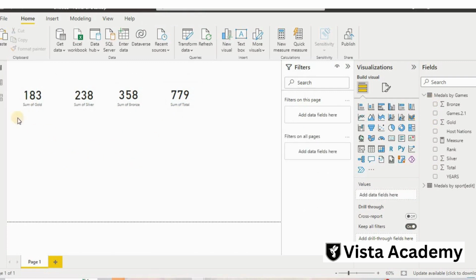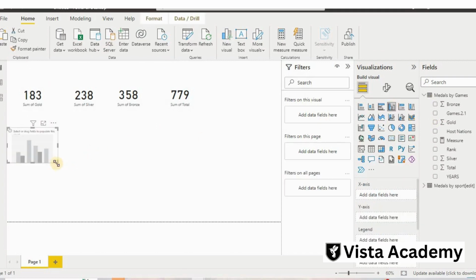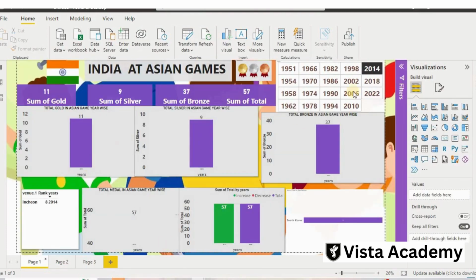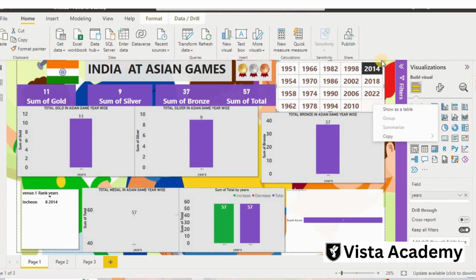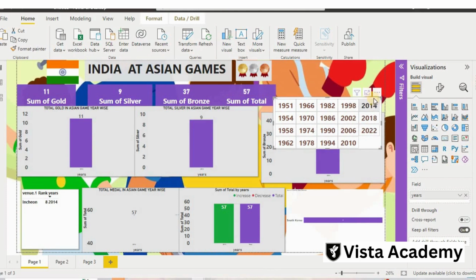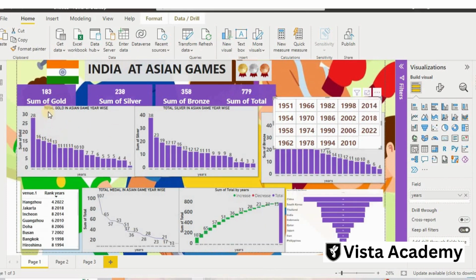Editing we will do afterward, but before that we will create some basic charts here. Next I will take a cluster column chart and put it here. In this chart, what we have taken is the total gold medal.